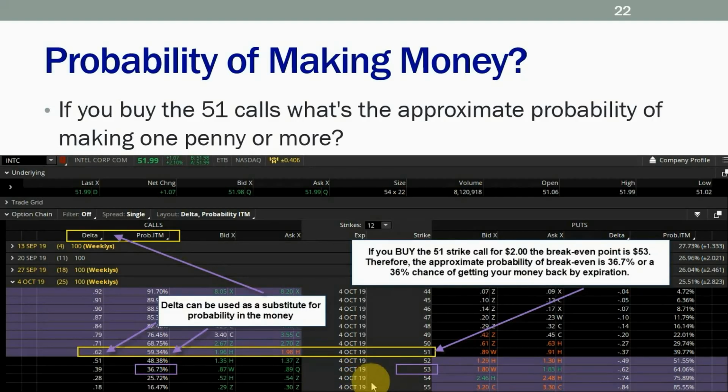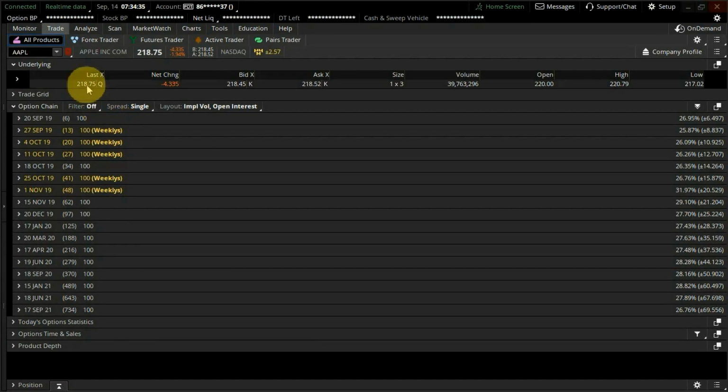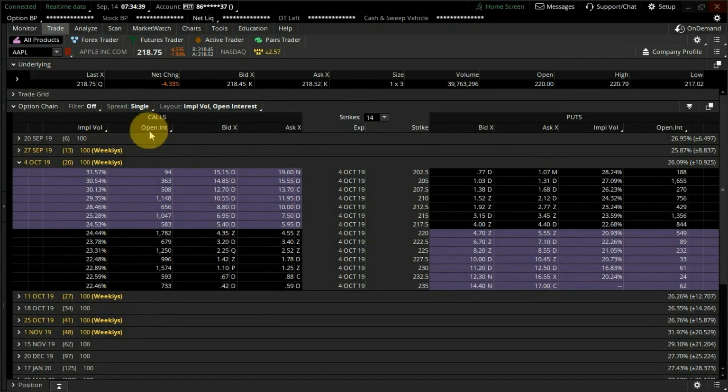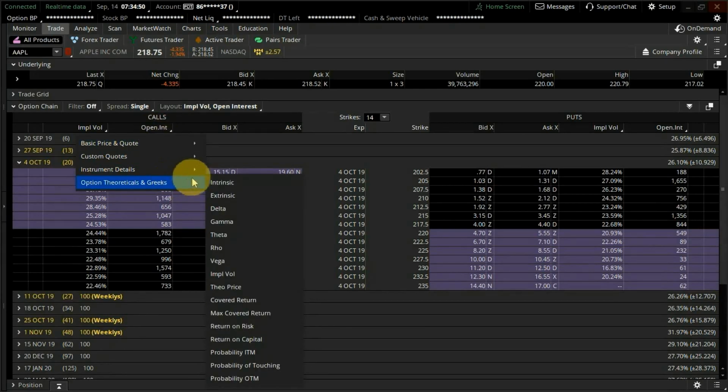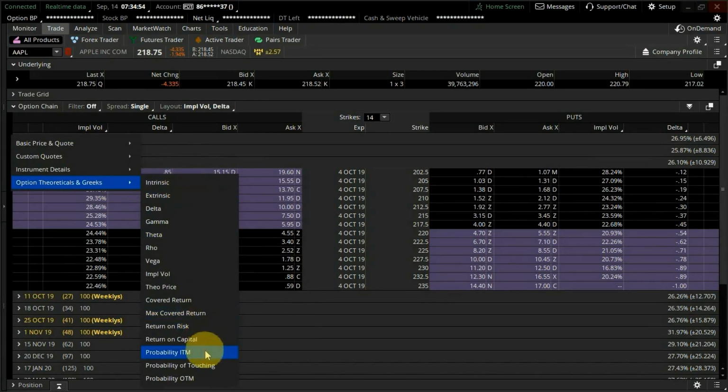Why? How? Why? And if you want more examples, listen, we can go right onto the live trading application. Here's Apple. You ever heard of it before? It's Apple. Okay? We open up the 20-day options. Look, 20-day options. And right here, okay, these are what they call information layouts. Yes, this is Thinkorswim, but you could do this on E-Trade. You could do it on Tasty. You could do it on any of the brokerage platforms. Come down to options, theoreticals, and Greeks. There's one for Delta. Here's the other one. It's probability in the money.